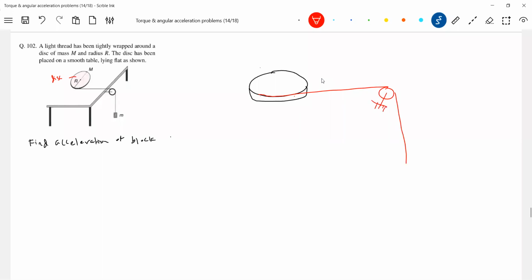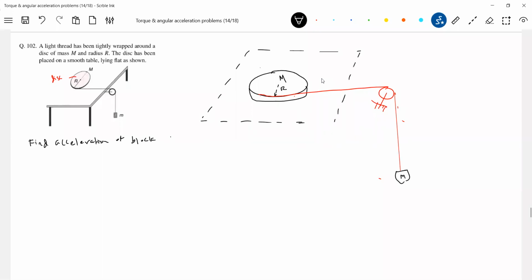I'm giving a rough diagram, getting into the fundamentals. Here first the block is there, small m, and this has radius r. This is a table. What are the various forces that are acting? The moment you release, there is tension and mg, and this will have acceleration a1. Then the same tension will act here. As this is a light pulley, the tensions must be the same.